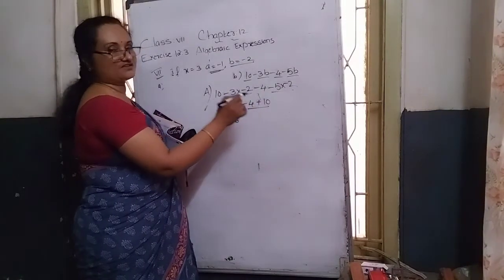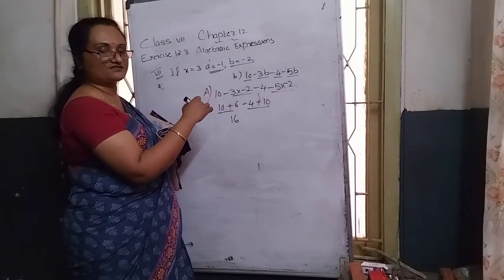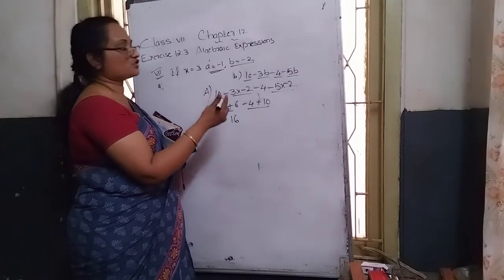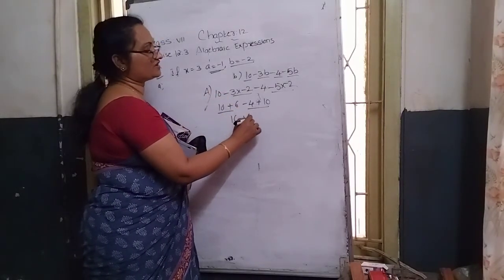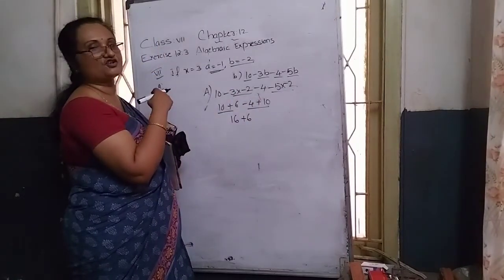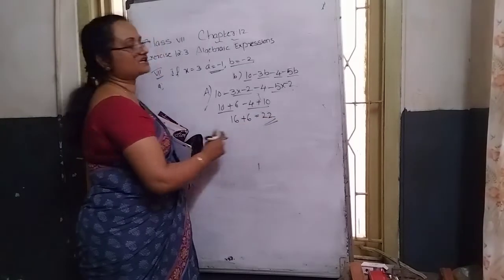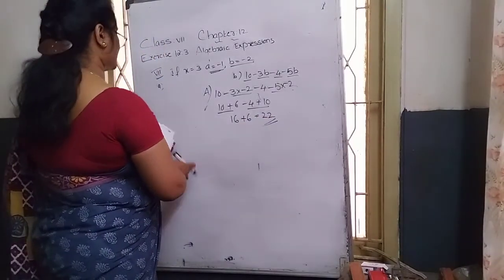Minus 4 plus 10: one is a negative integer, the other is a positive integer. What we can do is subtract and keep the bigger number's sign. 10 minus 4 becomes 6, with positive or negative? Positive. Why? Because 10 is the bigger number, and the sign of 10 is positive. Then add it. Adding 10, how much will come? 22 is the answer. In this way, that question can also be found out.